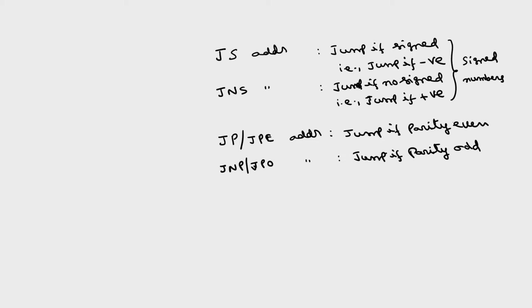So, corresponding to the zero flag we have 2 instructions, sign flag 2 instructions, parity flag 2 instructions, the auxiliary carry flag has no instructions, and the carry flag has 2 instructions. Jump if carry is also equivalent to jump if below, or jump if not above or equal, address. So, these 3 mnemonics are the same: we can write either JC or JB or JNAE. This JC stands for jump if carry.